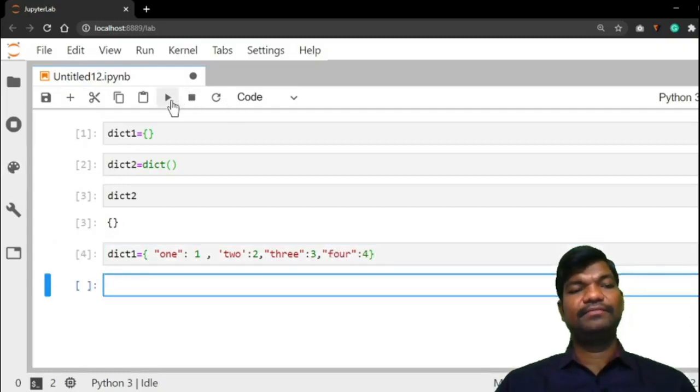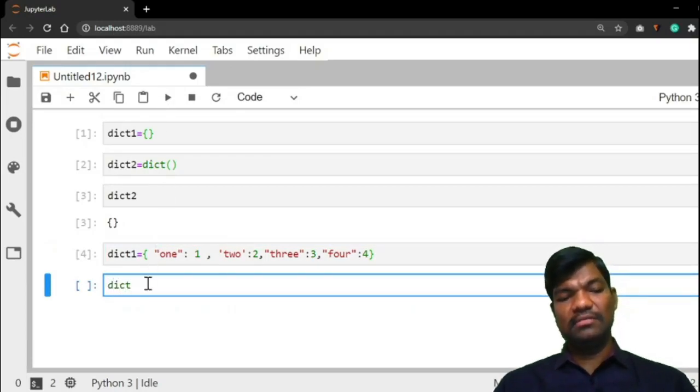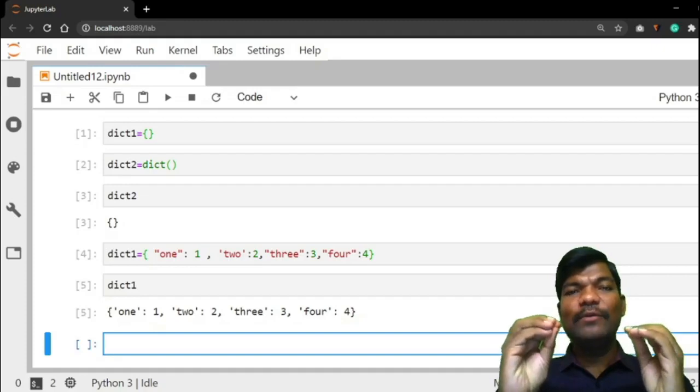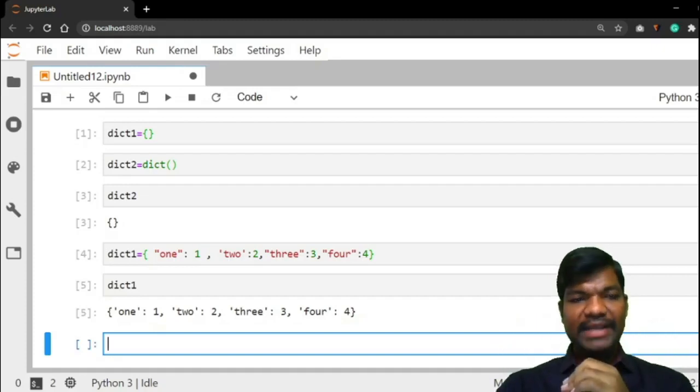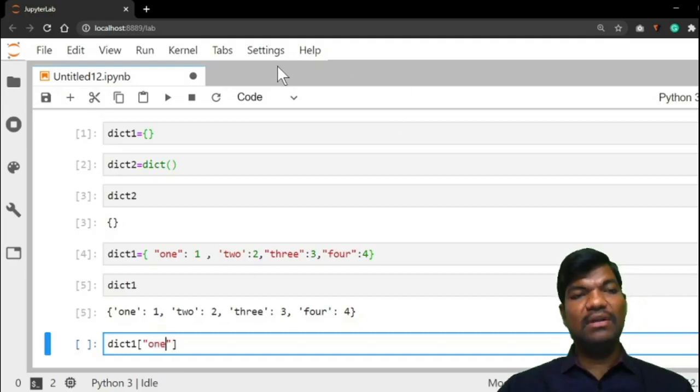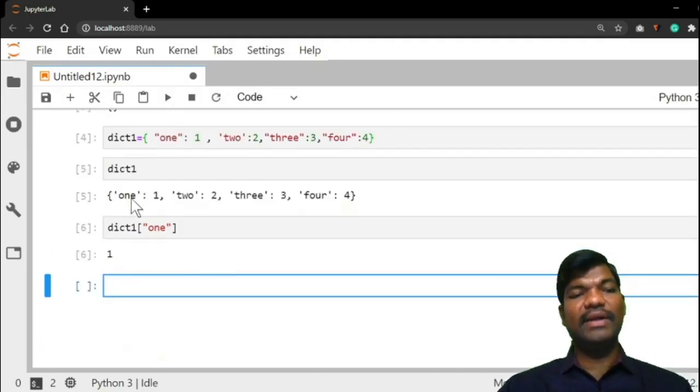Run it. This is dict1 now. So this is the dictionary. Now find the value based on the key. dict1 of 1. So we will get the value. One is a key, and a normal integer is the value.